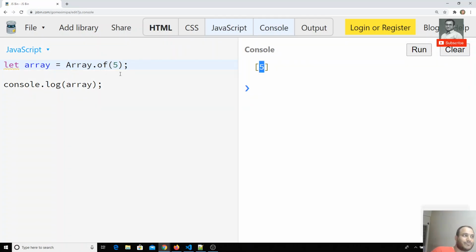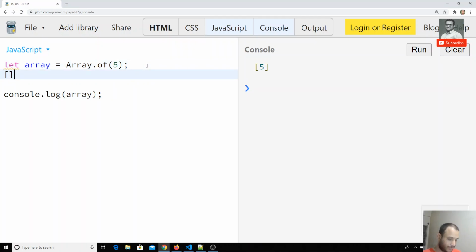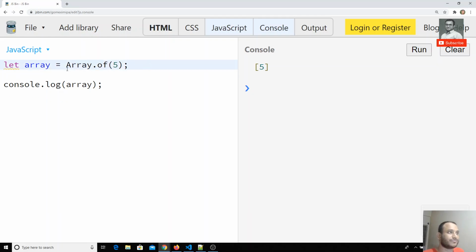So just like the same old syntax, how we have 5 like this. In the array we have a new syntax in ES6, that is Array.of. If I want to give a list of items, it will take them as list items. So now I can create a new array with of. This is the new method, Array.of.